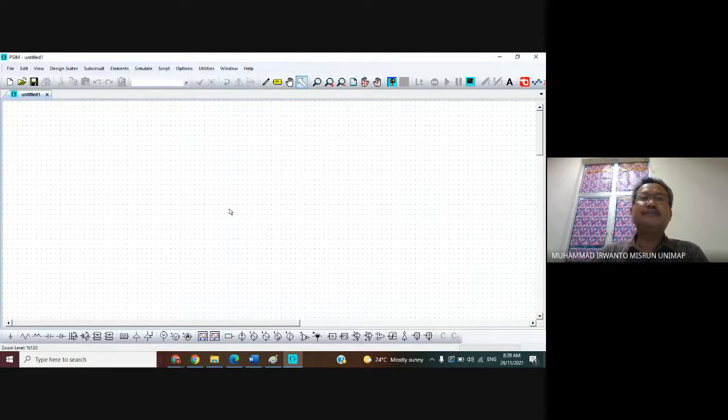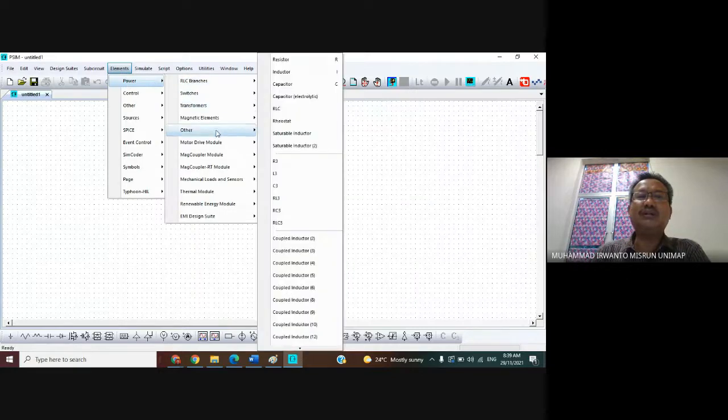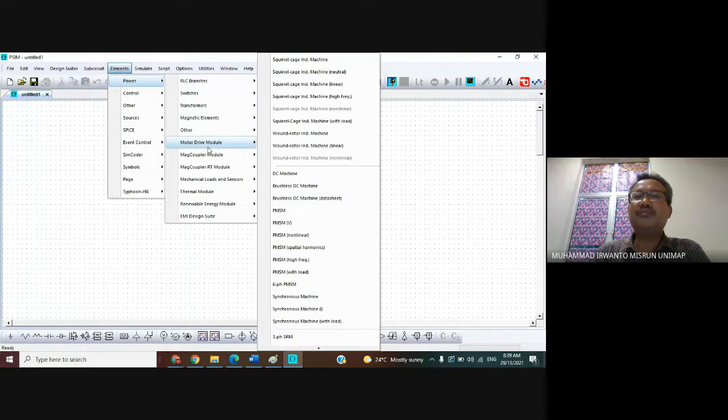So we need the three-phase induction motor. It can be obtained by clicking the menu Elements, then Power, then Motor Drive, and then please choose. We can see in here the type of induction motor we need is squirrel cage.